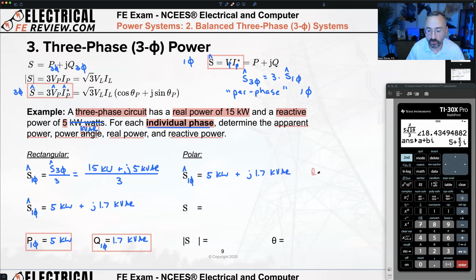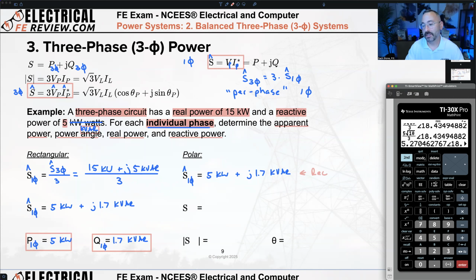in rectangular form. Can I just use my calculator to convert it to polar? In my calculator, I'm already in polar form. So this 5 plus j5/3 in rectangular, or single phase complex power, I'm just going to press enter. My calculator knows I want this in polar form because that's the setting I have under mode, R angle theta. So in polar form, we can convert 5 kW plus j1.7 kVAR to polar,